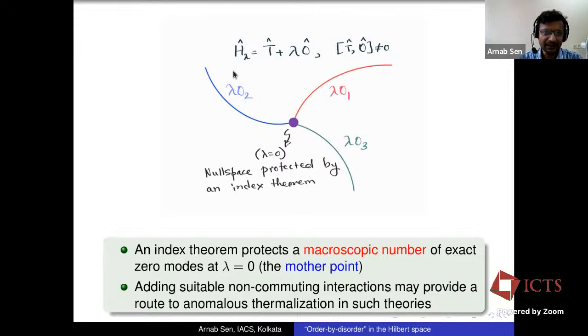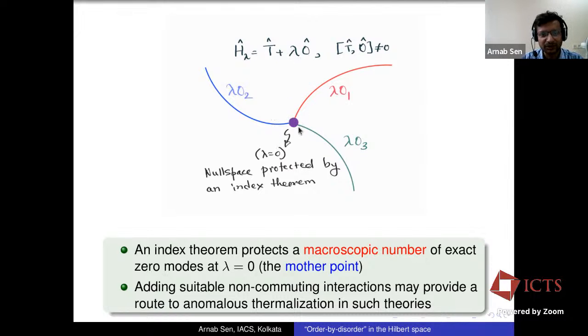So consider some Hamiltonian which has some tuning parameter lambda, and let's say there is some operator T and there is some operator O, and as is usual for most interesting quantum problems, let's say this T does not commute with O. Okay, then for the class of models that I'm considering,